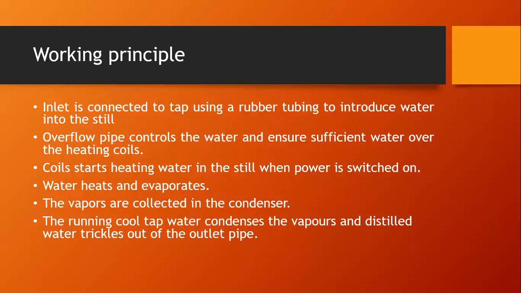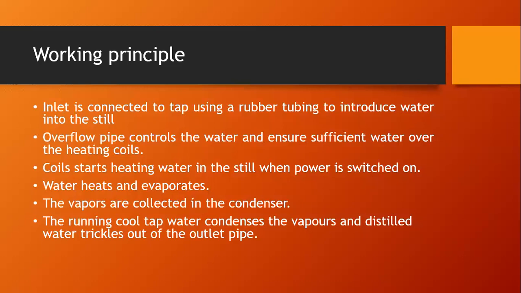Now once that is over, the coil starts heating. Okay, we switch on the coil, or we can use any other heating devices. Now this is going to start heating the water. When water reaches the boiling temperature of 100 degrees Celsius, it starts to evaporate. When it evaporates, we direct and collect the water vapors in the condenser. So this condenser is connected separately to a different tap, which is going to circulate fresh, cool water throughout the condenser to make sure that the temperature is decreased below 100 degrees Celsius.